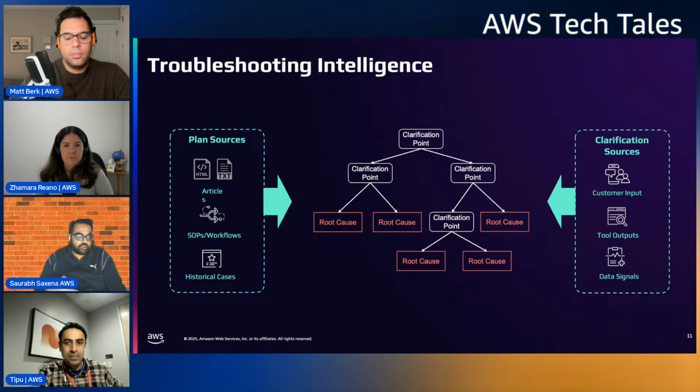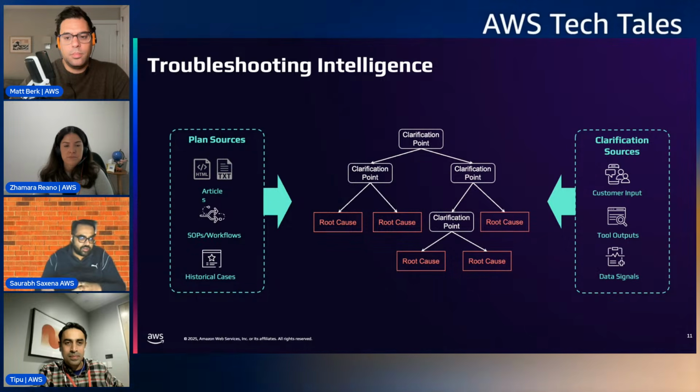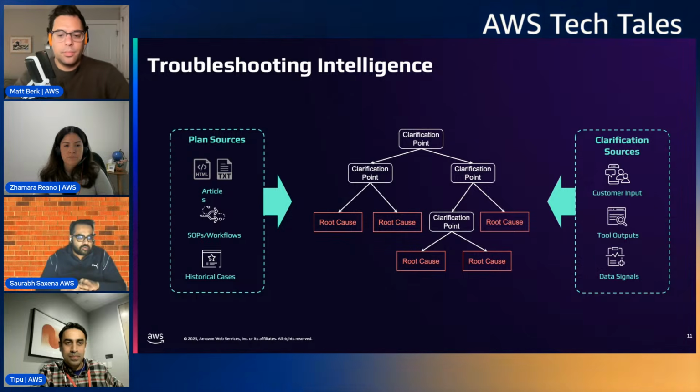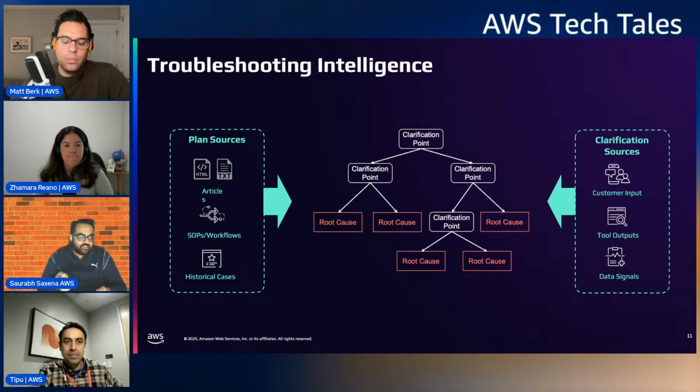And a lot of customers may not even see it, right? When you ask a question to an AI support assistant and you get the right answer and you get excited, all of the innovation in how it found the right SOP or the knowledge to provide you with the right answer is underneath, part of the innovation that we have built.